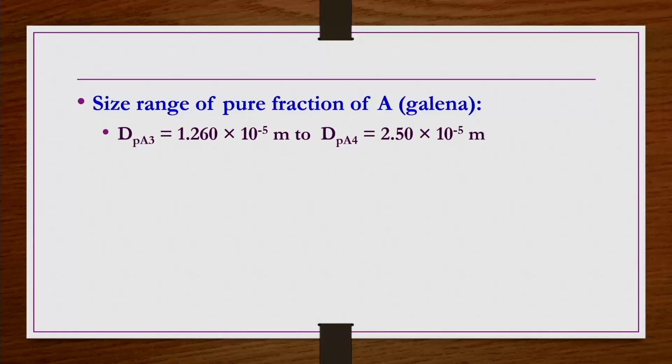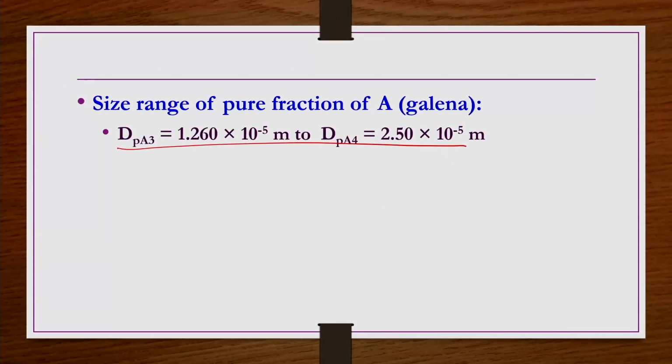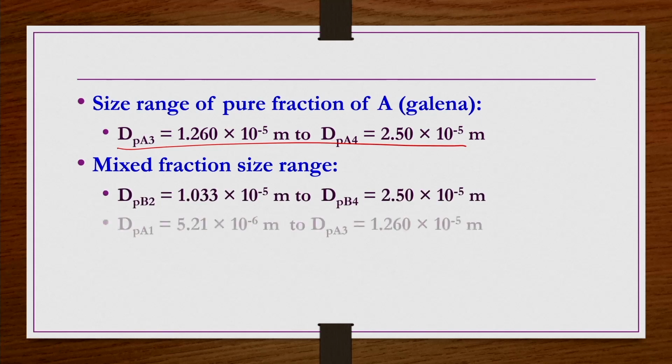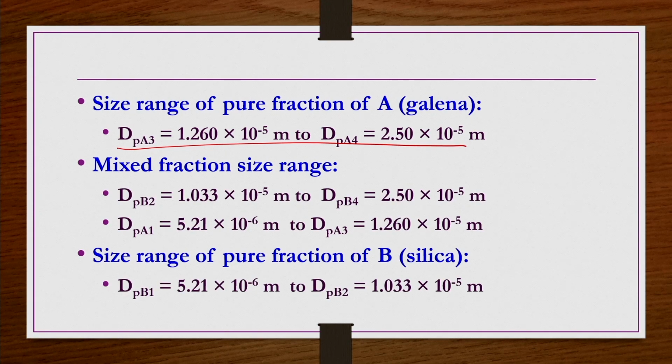5 meter size particles of A type will be settling at the bottom, because these particles are going to have a larger settling velocity compared to any of the B type particles. So, a pure A fraction is forming at the bottom with this size range, and then the size range of the pure fraction of B, that is dPb 5.21 into 10 power minus 6 meters to dPb2, 1.033 into 10 power minus 5 meters, that is the